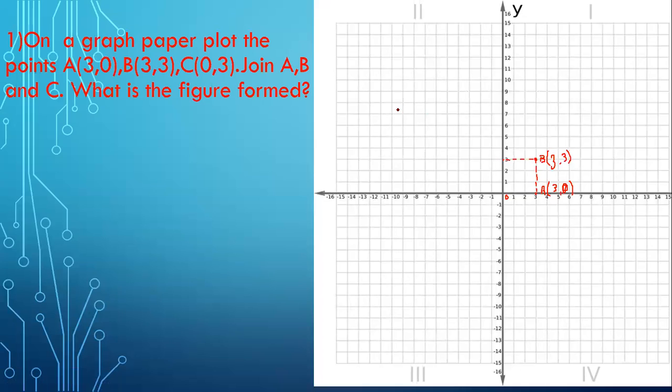Okay. Now the third point is point C and the coordinates are 0, comma 3. Means the x coordinate is 0 and the y coordinate is 3. Again, this point lies on an axis. Which axis? Y-axis. Why y-axis? Because the x coordinate is 0. So on the y-axis, we can see 3 over here, right? So mark this point as C and write the coordinates as 0, comma 3.